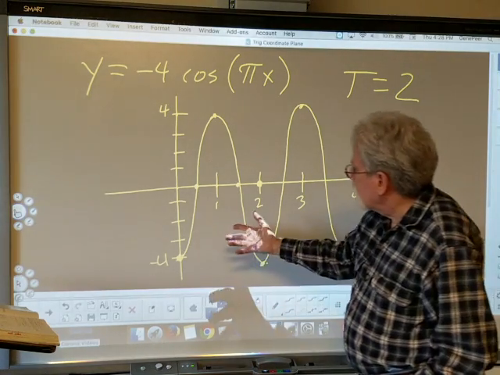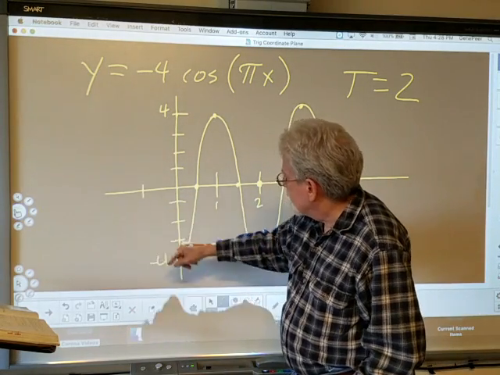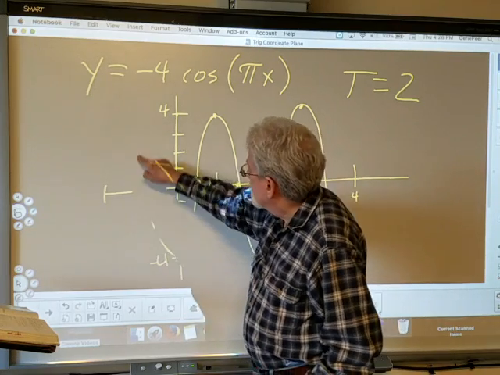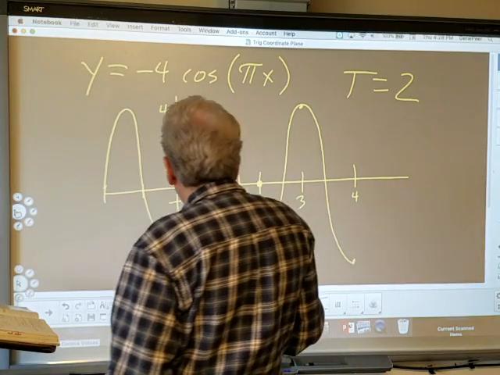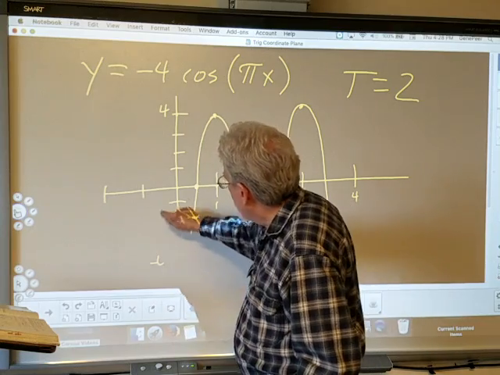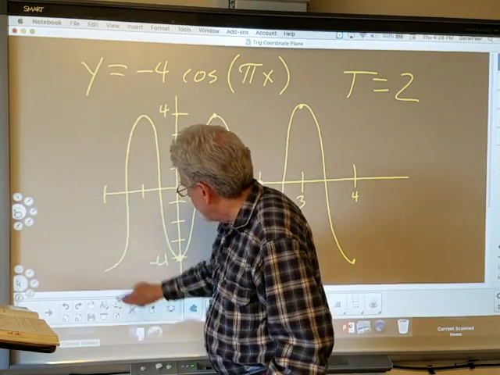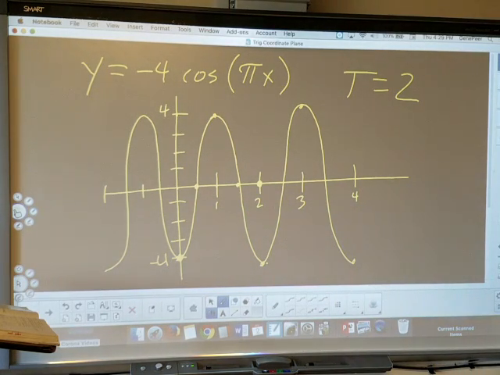And we go in the negative direction. We'll have a maximum at -1 and a minimum at -2. So we'll do something. I just messed up there. Yeah, I messed up big time. Maximum at -1, and a minimum at -2. There's your graph. So with cosine, you just have to be careful, because